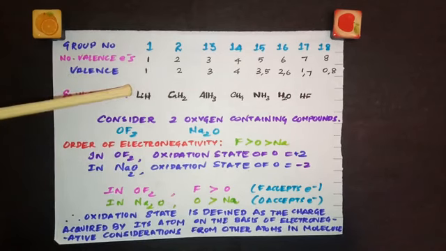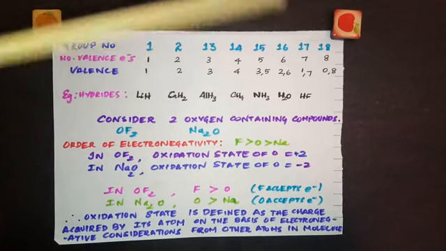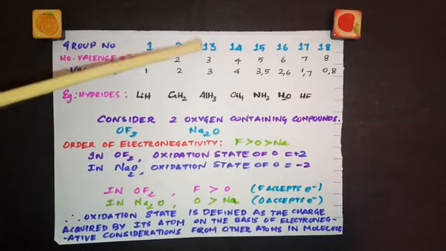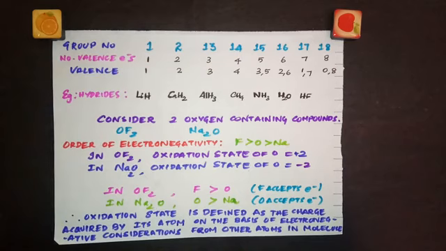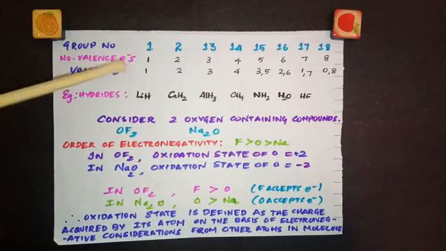See, this is what I told you for representative elements, which means S block and P block elements. Which groups belong to S block? 1 and 2, and from 13 to 18 they belong to P block. So together they are called representative elements. I told you their valency will be equal to the number of valence electrons or 8 minus the number of valence electrons. Now see, for group 1, number of valence electron is 1, valency is also 1. Valence or valency both are same.